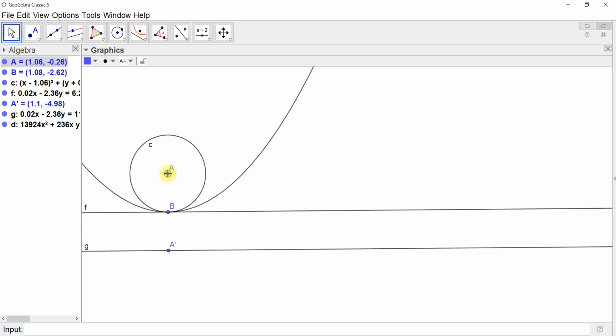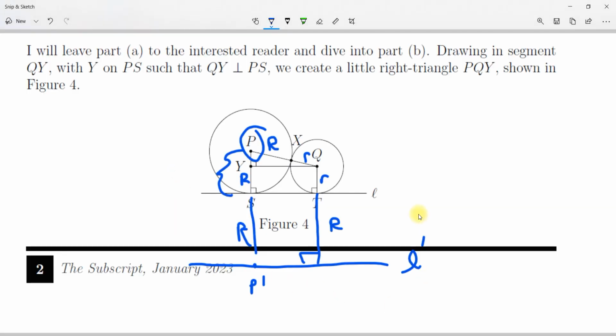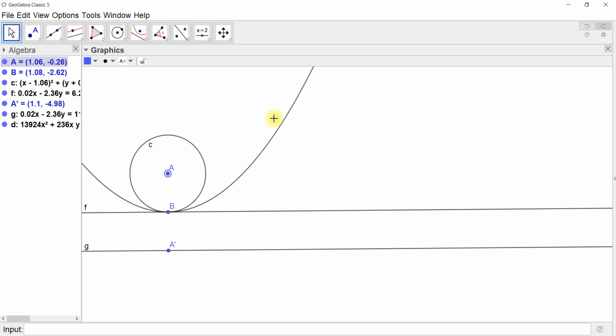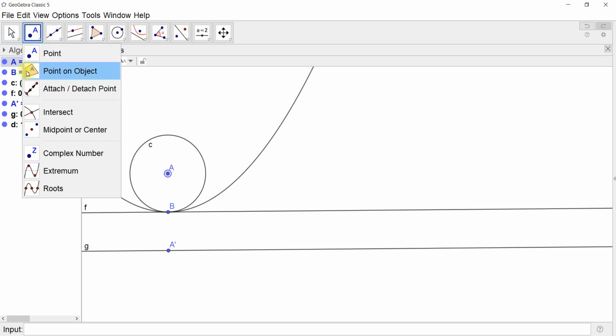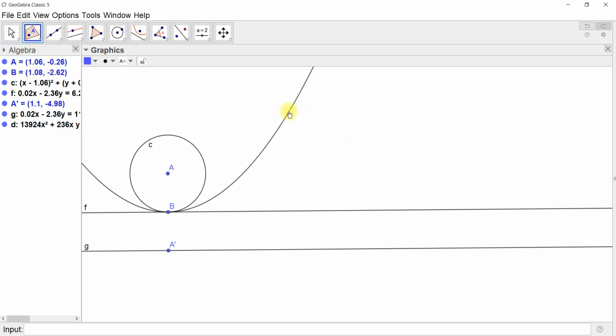So how is this helpful? Well, we saw from over here that if I had that parabola, the parabola would kind of go something like this, that Q is going to lie on that parabola. So if I go back to here, it means that if I pick a point on the parabola, if I create a circle that's tangent to this line, it's also going to be tangent to the circle. So I'm going to go to point on object, create a point on the parabola, and now